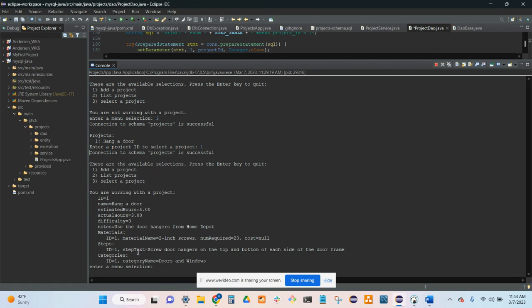Again, for steps, basically step 1, screw door hangers on the top and the bottom of each side of the door frame. And then the category, again, we place this in doors and windows. So that is the update for the project